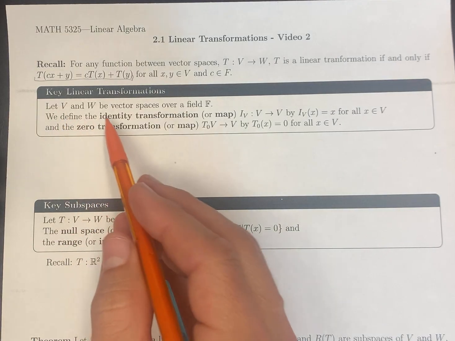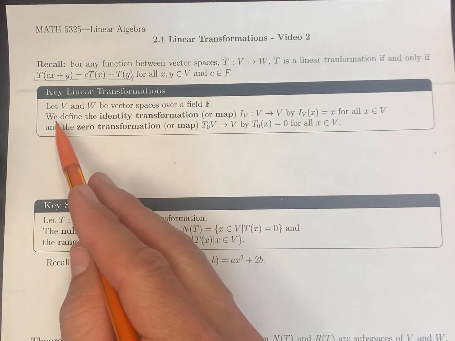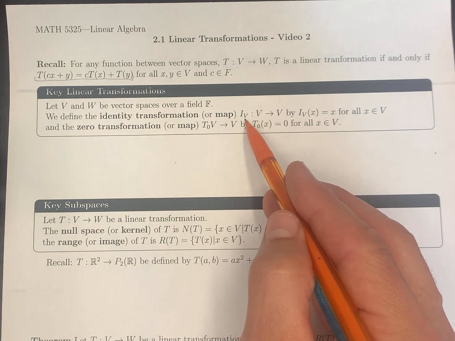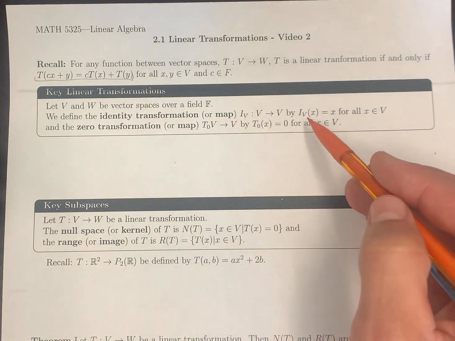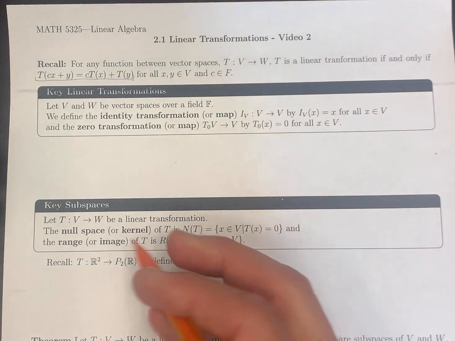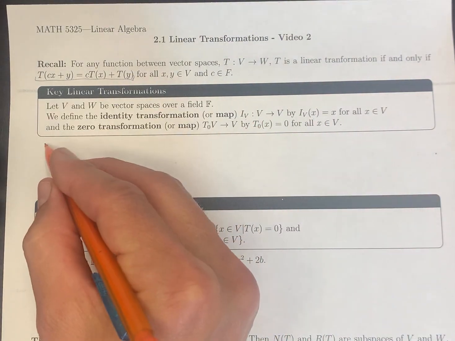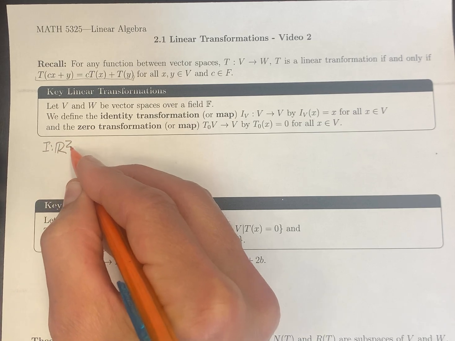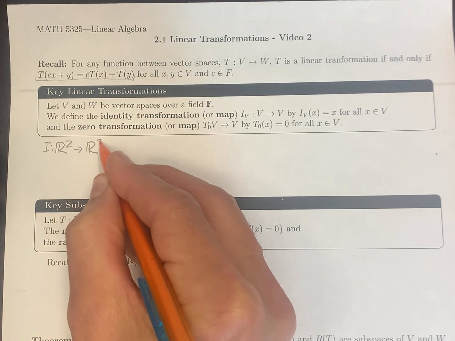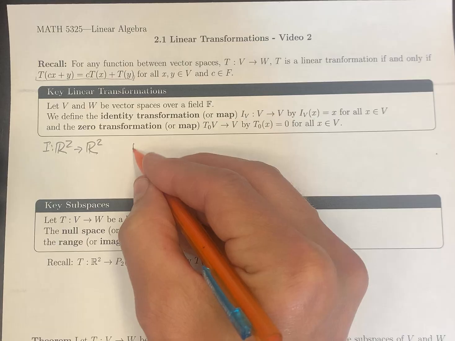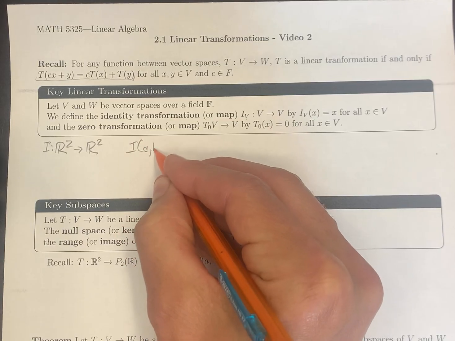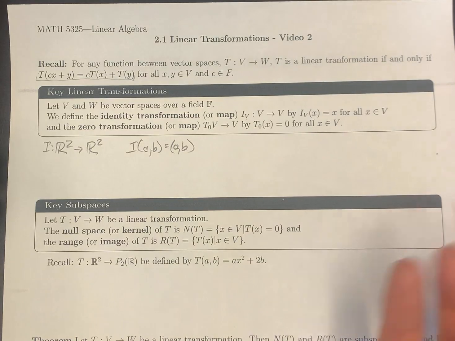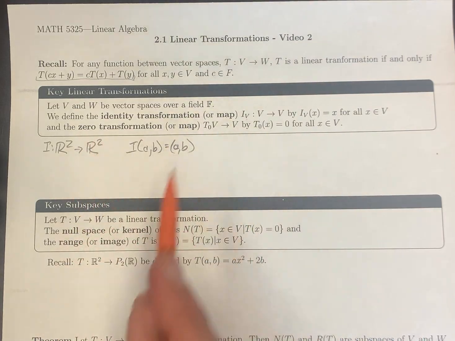If V and W are vector spaces over a field, we define the identity transformation, I_V from V to V, as just I_V of X equals X. And sometimes we even functionally write I. So like I from R2 to R2 would simply be the map that takes I of (a, b) to (a, b), right? Pretty straightforward. And there's the zero transformation,